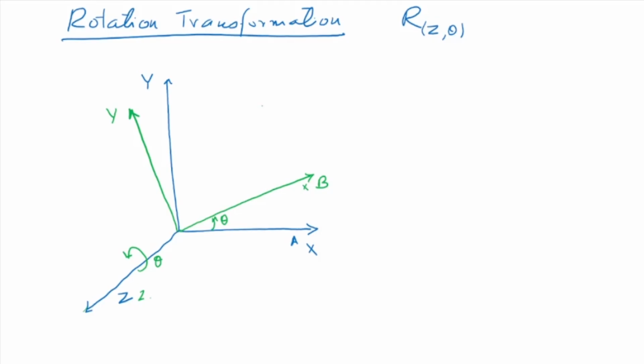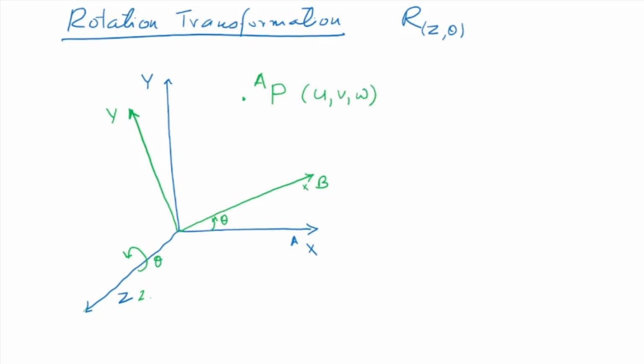Now suppose there is a point P here. So this is a point P. In robotics, we have different frames which are moving, so you always have to define which frame you are talking about. This point P is with reference to frame A. Let me say it has coordinates u, v, and w.